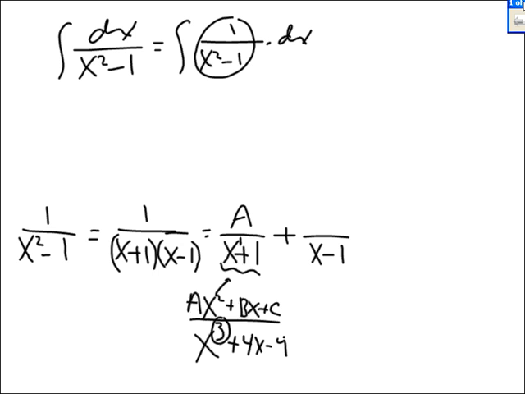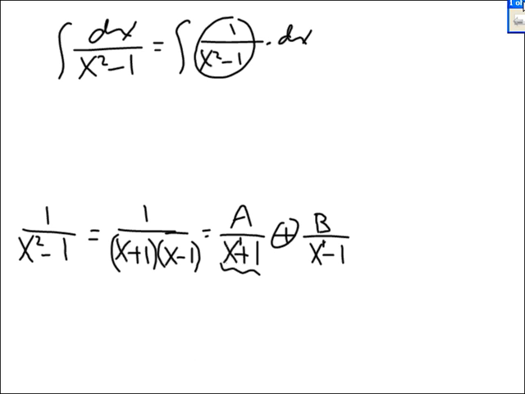I wouldn't just put ax squared. I'd go down to a constant. Plus, since the highest power of x is 1, what goes on top is 1 degree less, which is just a constant. Now the question is, what are the a's and the b's? For example,